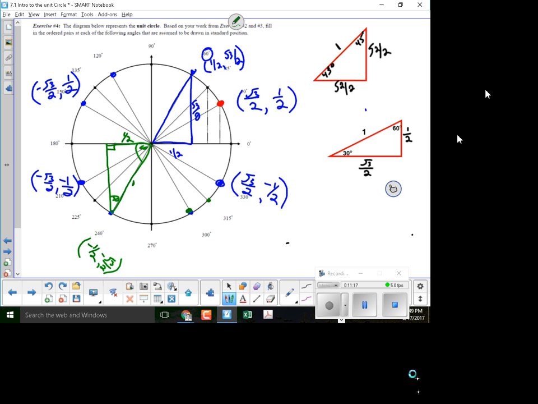You're going to get this one right here. So that one's going to be, what, positive 1/2, negative rad 3 over 2. And then this one over here is going to be negative 1/2, positive rad 3 over 2. Did you guys get those all right? Have any questions? Are we cool? We're good? Okay, now